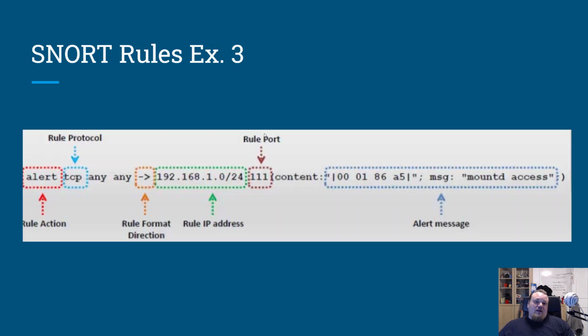So the third rule is just another way to explain some things. The first word is syntax-based, and the second word too, and so on. So you can basically read that it is also possible to detect encoded traffic. In this case here, it's hexadecimal traffic, and I'm not really sure what this means, but it means that some mountd access is made and